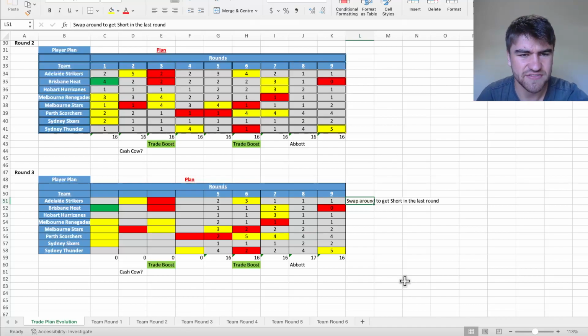And then by the time round 7 came around, I realized I've got too much team value that I don't need to get rid of Matt Short. I could just go for that. And that's why I went for the Alex Hales pick, was because if I went Alex Hales, I could keep Matt Short, which was in the end probably one of the better decisions. So that's probably my tip 2, is just pre-planning everything so that you know what you want to do basically,